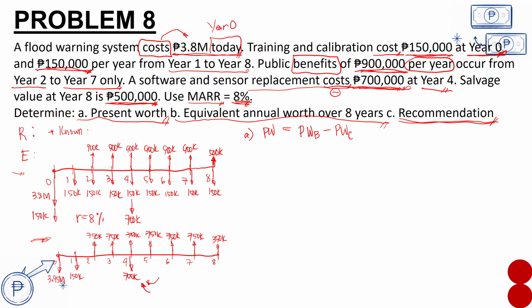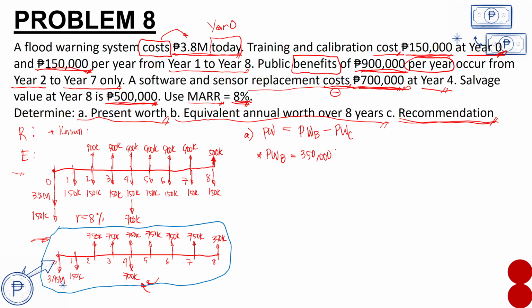So in these calculations, I'll be using the items from our partially net cash flow because there are already fewer items there. And for this one, I'll just combine all the benefits and the costs. So for the present worth of the benefit, first we have our 350,000 pesos